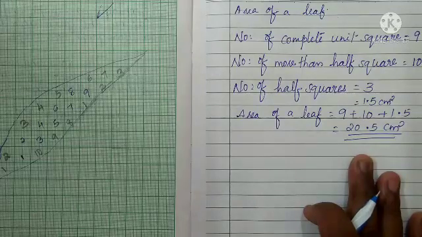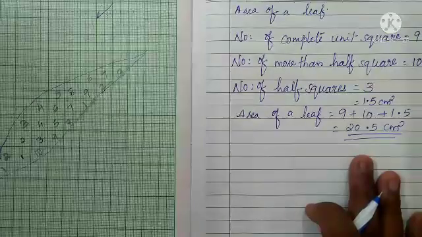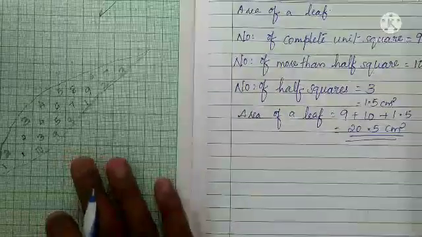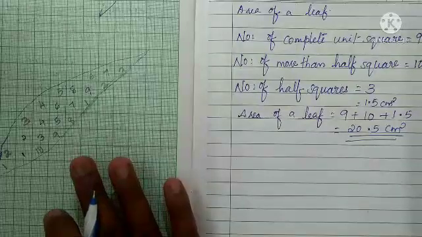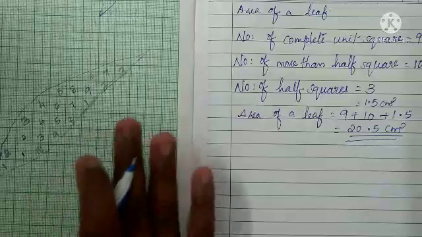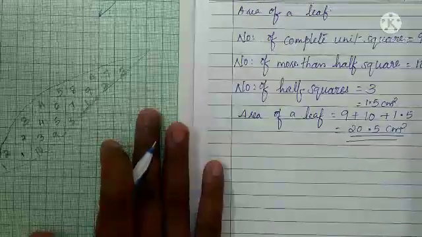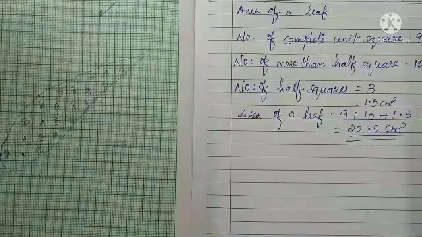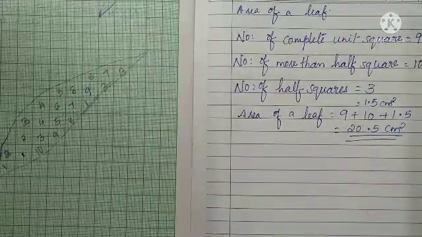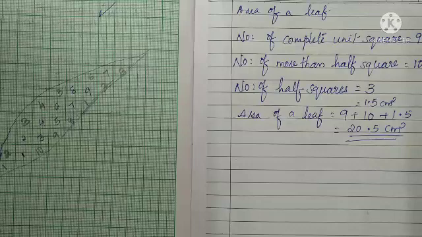Understand all of you? So why are we using the unit square to find out the area? Because all the shapes are not regular. If it is irregular, at that time we need to use this unit square to find out the area. Understand? How can we find out the area? Yes, by counting the unit squares on the basis of some criteria, and then finally we find out the areas.